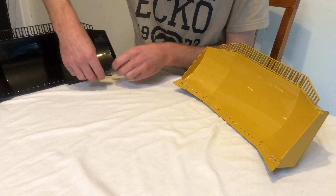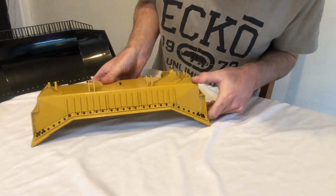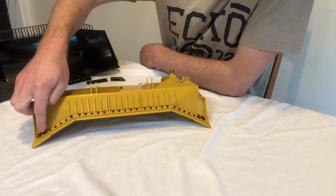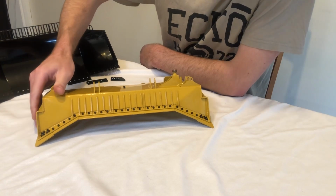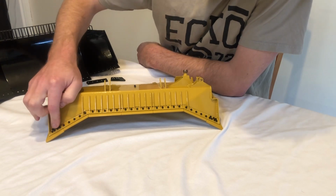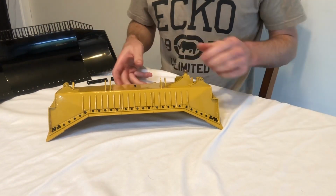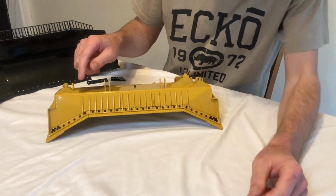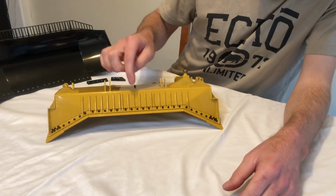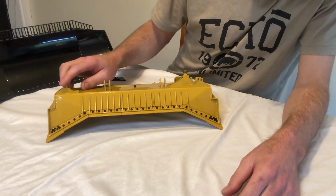We'll shift the black one out of the way for the moment so we can get into the yellow one. Now we'll flip the yellow one over so you can have a look at how it all looks once installed. Now there are 39 M2.5 bolts in total for the cutting edge system. There is 7 bolts on each corner tip, and then there's 5 bolts on each cutting edge. And also we've added in a lot of detail with the underside ribs. These are just designed to protect your bolts and protect the underside skin of your actual blade, like on the real thing,